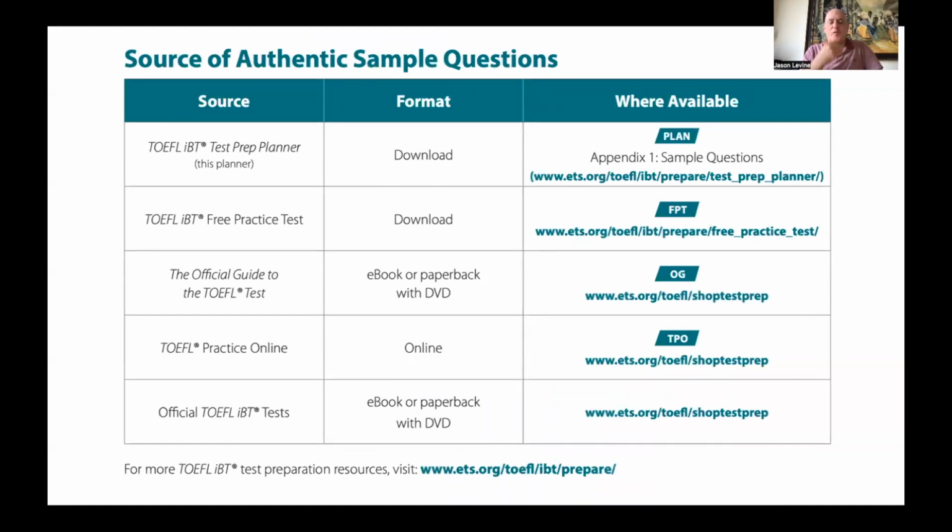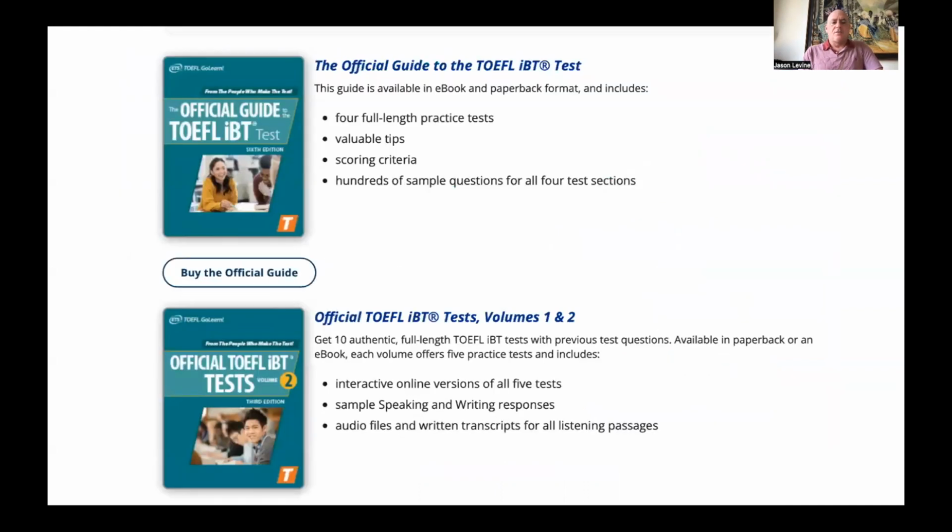So TOEFL, we're going in order of best to worst. TOEFL was really bad at one point in terms of how much you could get that was real. There is more now. Some of it free, more of it you have to pay for. So if you go to ets.org/TOEFL, you'll see you can download, I showed you before, the prep planner, but there's also a free practice test. You have to pay, I think, for the official guide now, but it's not that much anyway. There are more things you pay for, but it's worth it if you teach a lot of students, and you need to get their scores high or higher as soon as you can. So there's the official guide